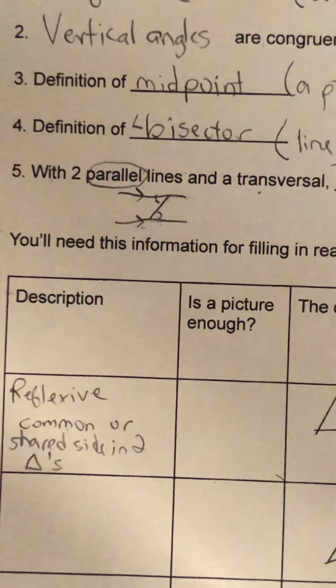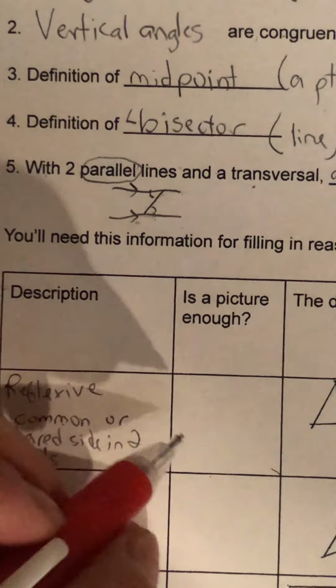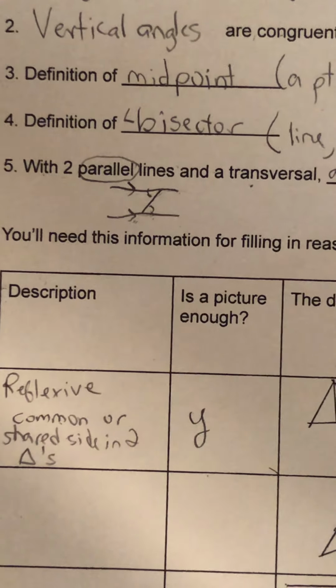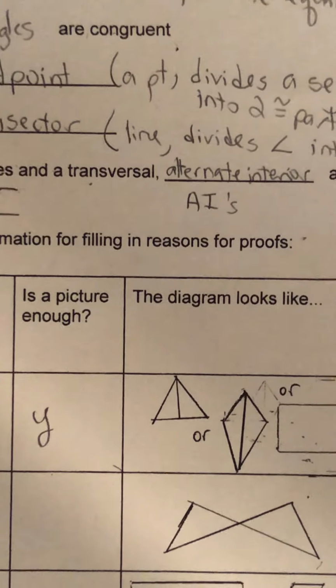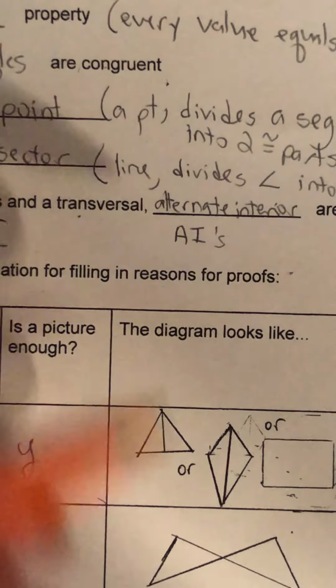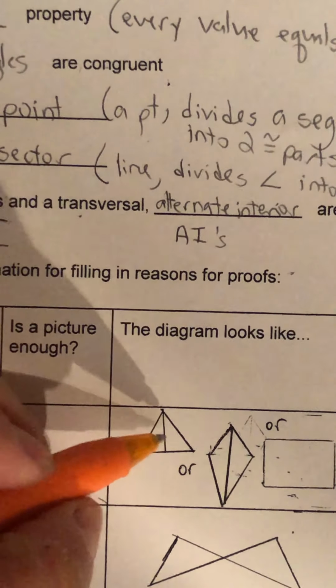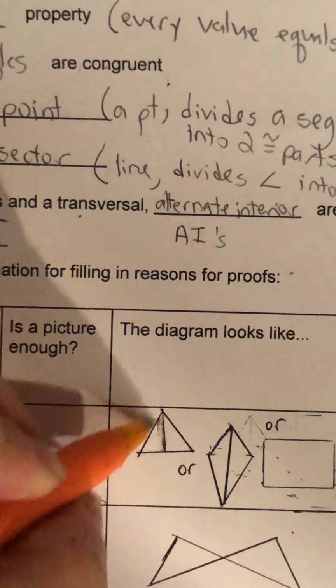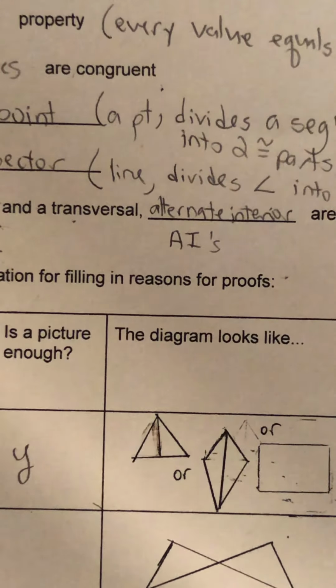And is a picture enough to know? The answer is yes. So you can assume that in a picture like these, if you see a side that two triangles share, like here, the orange triangle shares a side